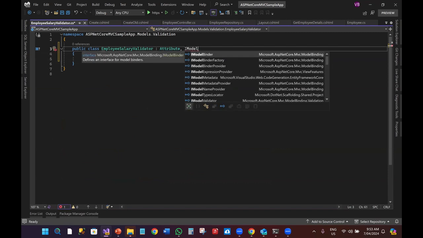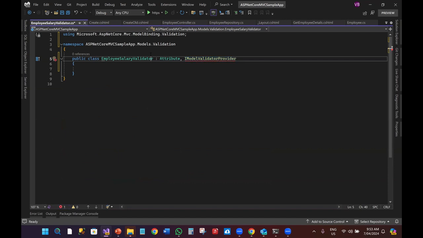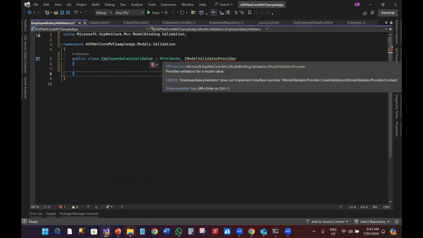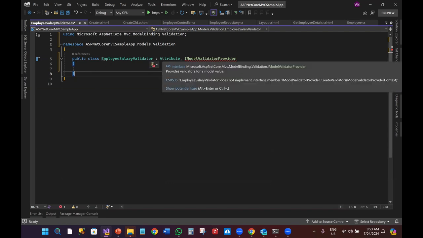The main purpose of this one is validating my model. So IModelValidator provider. Then automatically your model binding validation also comes into the picture. So why this error is coming is that you have to implement all of the methods. For that purpose, the main thing you are referring to here is that,